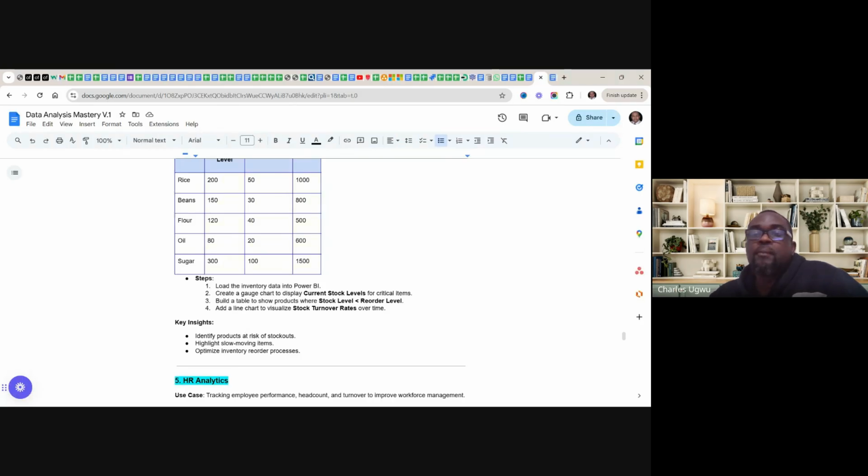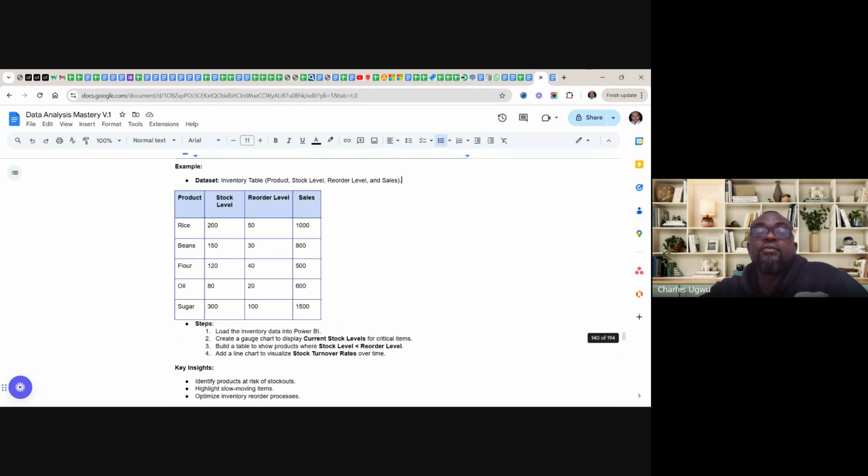If there's any other area you want me to explain further, I will, but these things are better when we start doing it practically. This is just a use case, which means where it can be applied. Power BI can be applied in a lot of places.